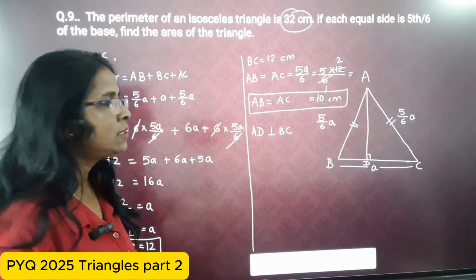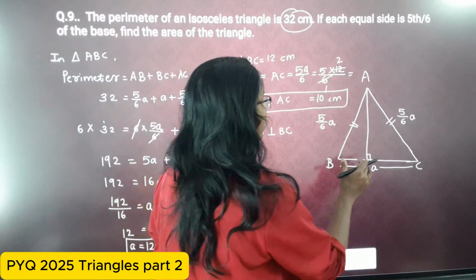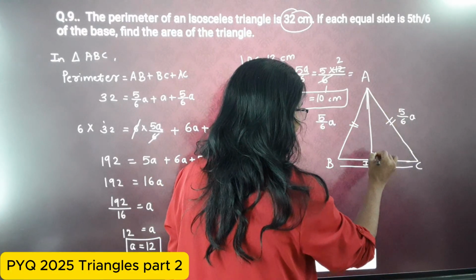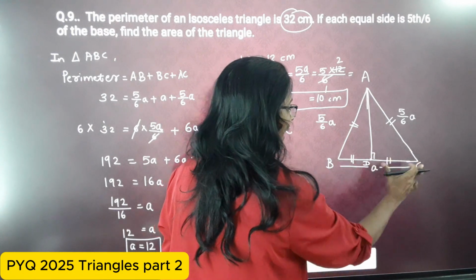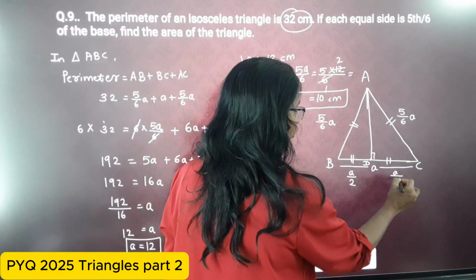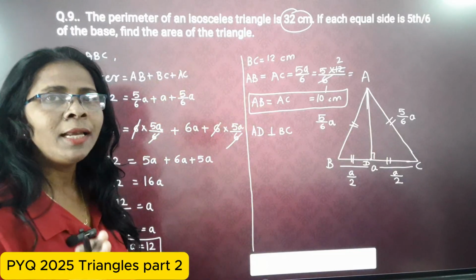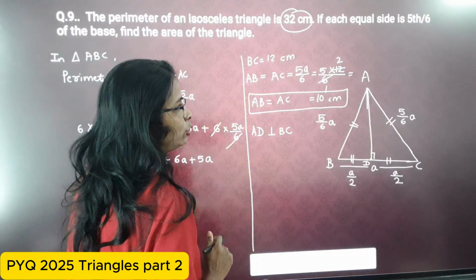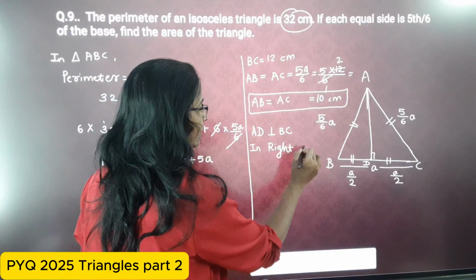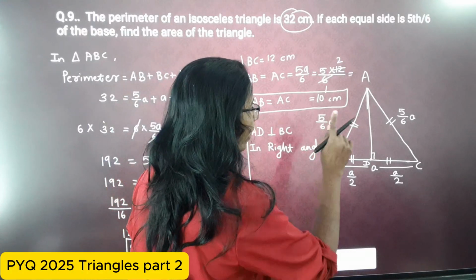So now here students, we have to find out the AD. So that's why we construct BD and DC in this figure. Here we can say BD and DC are equal, that means A upon 2 and this is also A upon 2. BC is equal to A, and we have to find out the height. So with the help of Pythagoras theorem, we can find out the AD. Here, in right angle triangle ADC,